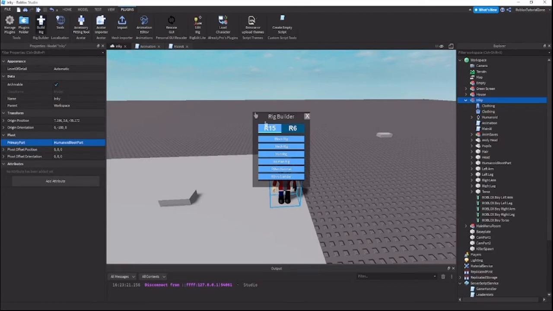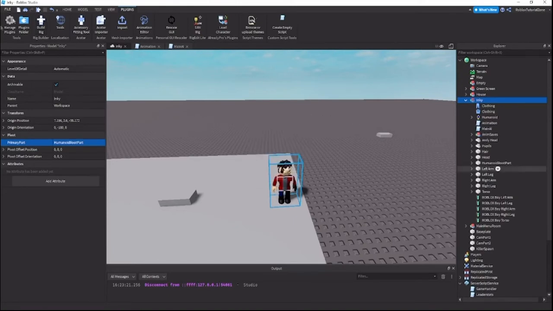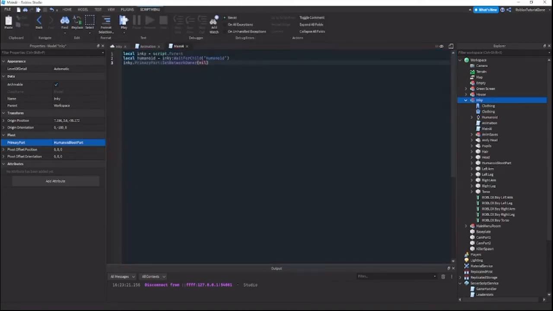I would recommend you to do a build rig and start off with one of the rigs, an R15, with a humanoid root part, and use the humanoid root part as your primary part. Anyhow, we need to do this so it will work on all things. For example, we want it to work on the server basically. So anyhow, we're gonna do